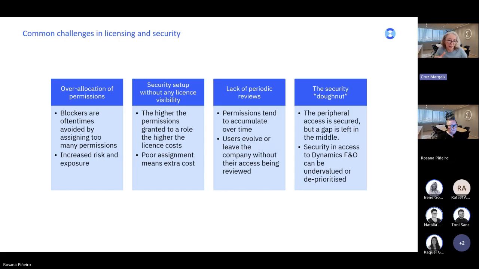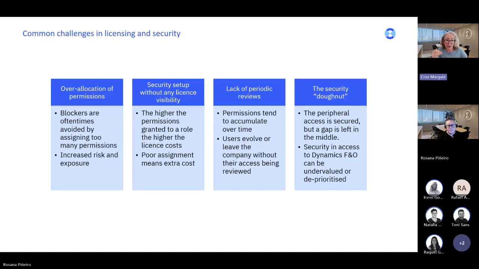Also because licensing was not critical for FNO, administrators never took licenses into account when assigning security.